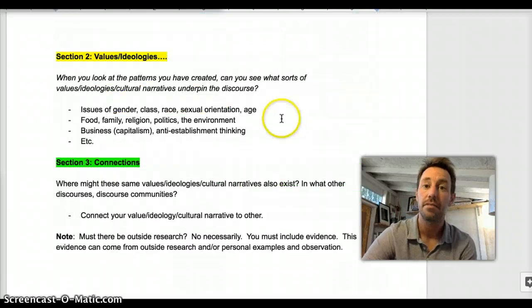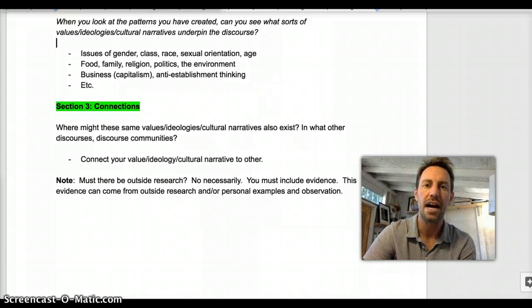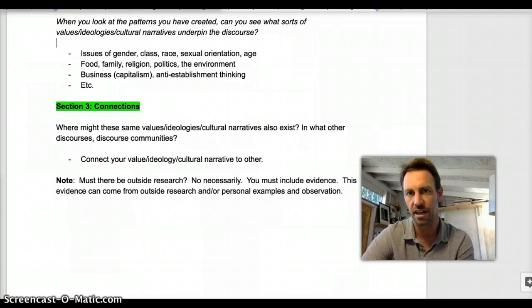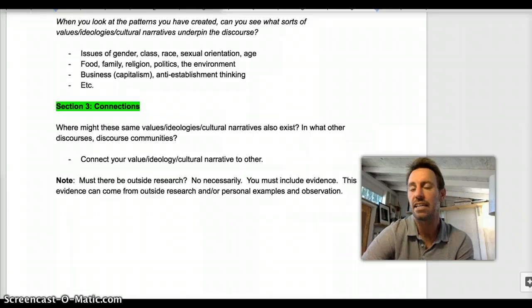Finally, I want to make a special point here. If you look at my draft, you'll see that there's some outside research in there. And am I demanding that there's outside research? Not necessarily, although I am demanding that there's evidence or support for the claims that you're making. That evidence and support can come in all shapes, right? So it could be researched evidence from articles, or it could be personal anecdotes and even observations. So I hope that this helps, and I look forward to those drafts.